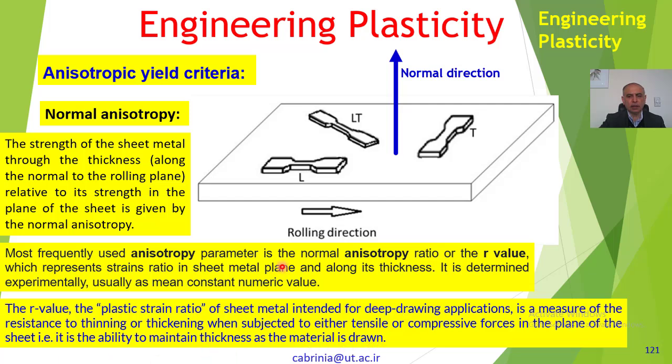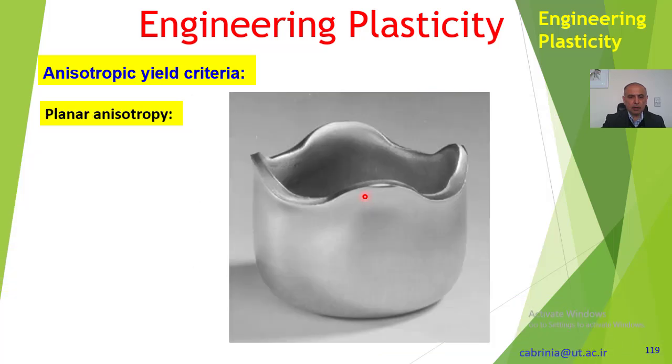That is very interesting. It means that when the material is drawn, because what is drawn? The blank, the sheet, is drawn into a cup. So when the material is drawn, if the thickness remains constant, it means that the resistance to thinning is very high. Why do we say resistance to thinning and thickening? Because in the previous slide that I showed you,